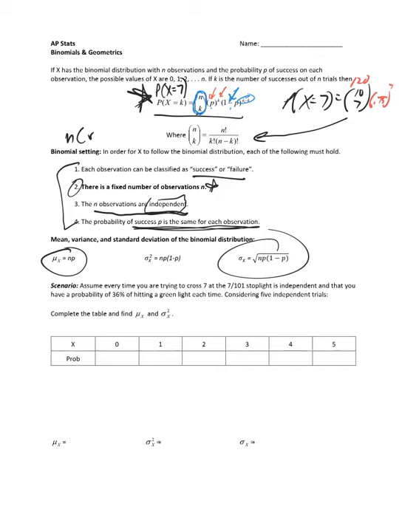The calculations of mean and standard deviation or variance: as you can see, mean is just n times p. So on average for 10 free throws, if we're a 75% free throw shooter, we would expect to make on average 7.5 free throws. Variance and standard deviation are the same thing except for the radical. Variance is standard deviation squared. So what we would see here is 10 free throws, 0.75, 0.25,